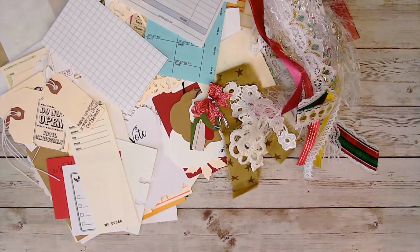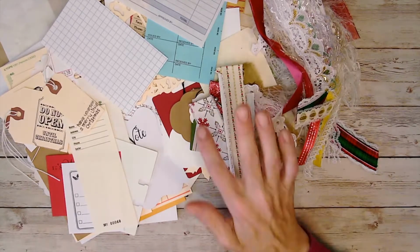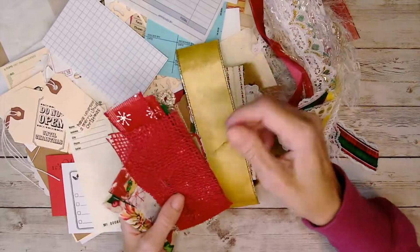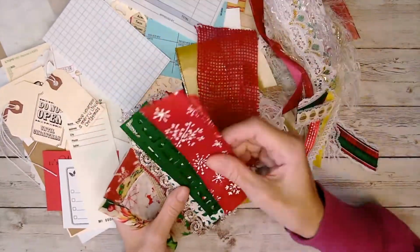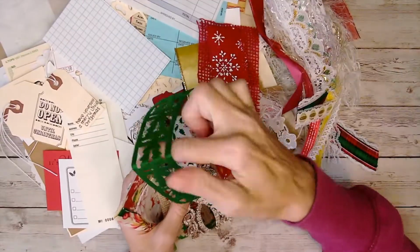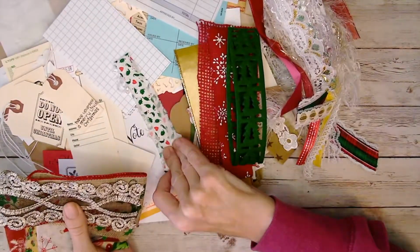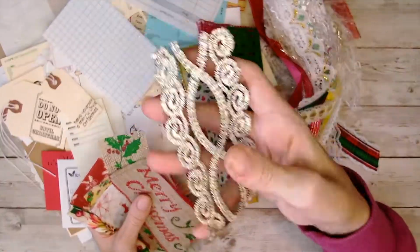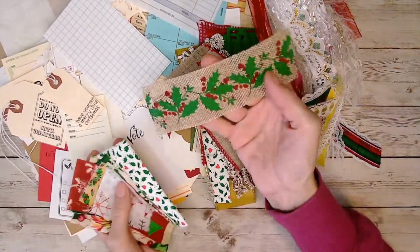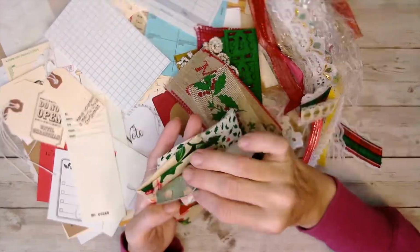So you get that. Then you get another couple pieces of striped fabric. That one's Tim Holtz. And then you'll get a bundle of this gold ribbon, some burlap, this ribbon with the snowflakes on it, this one with some pine trees, another piece of fabric, this really pretty ribbon, this one that says Merry Christmas, has hollies on it, it's burlap,